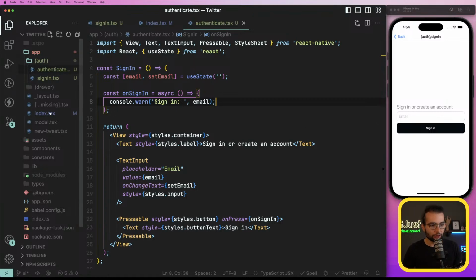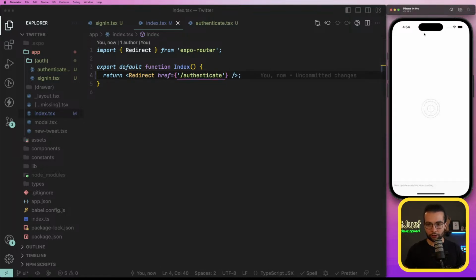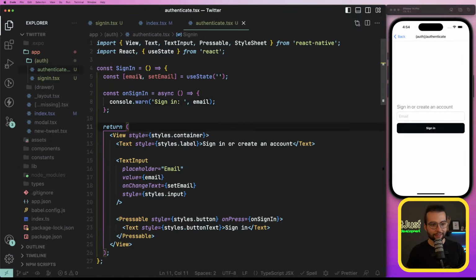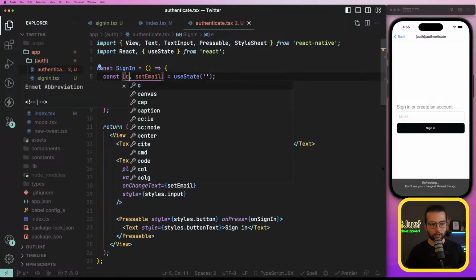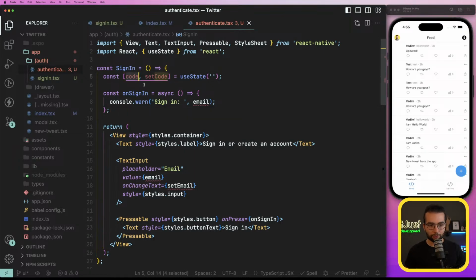So what I will do is, in the index, let's do the redirect to the /authenticate to make sure to see it here on the screen. And inside the authentication, let's start by changing the state variable from email to code, set code. And here the user will be redirected automatically, and he will be able to